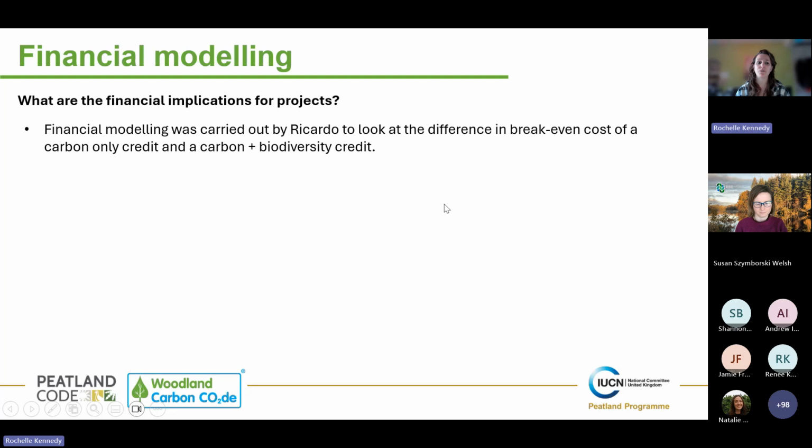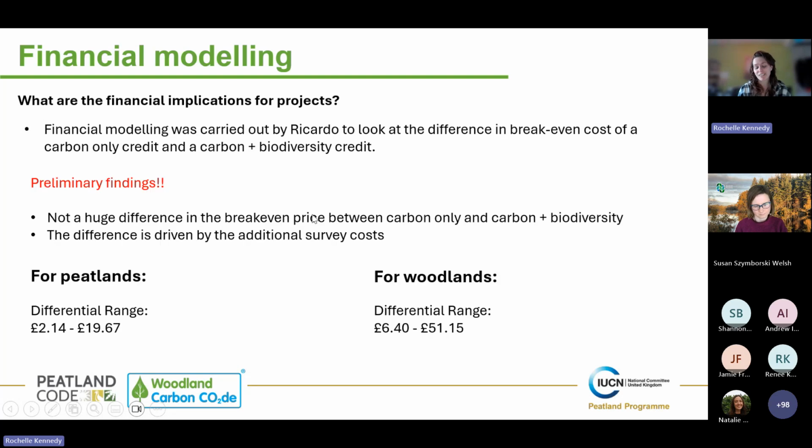I'm going to show you these preliminary findings. I have to highlight this because the financial models are still being finalised as we speak. But the final report on this will be available on our websites within the next week or so, so you'll be able to get the details and final findings then. But I think so far we've seen that actually there's not a huge difference in the break-even price between a carbon-only credit and a carbon plus biodiversity credit,